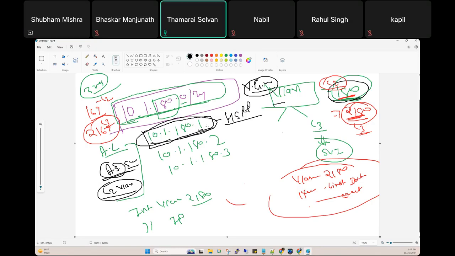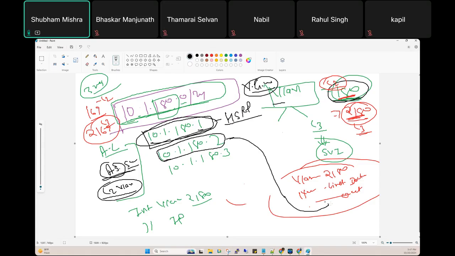Now the second one, 10.1.180.2. This IP address you assign on interface VLAN 2180, with IP address 10.1.180.2, like this. That is DR number 1.